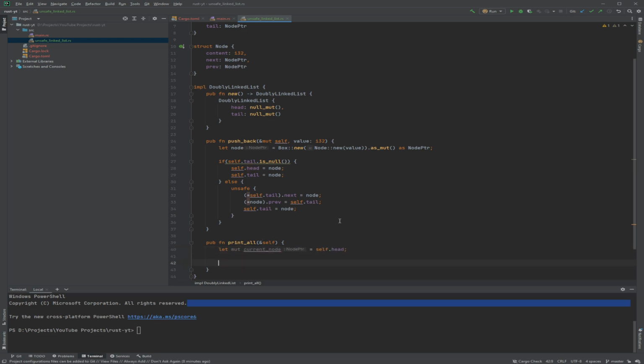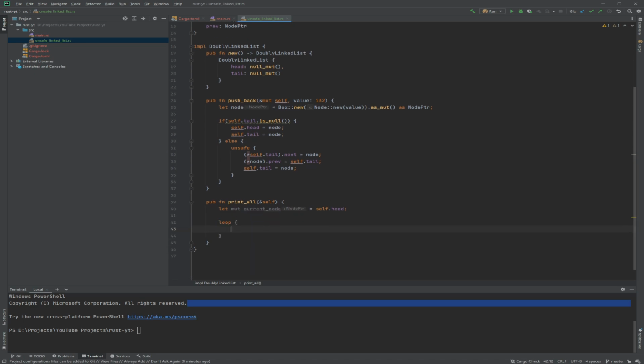So we're going to start from the head pointer and loop. This is a nice thing, it's like a while true, an infinite loop. If the current node is null, then we break. Oh, I keep forgetting we don't need the parentheses.